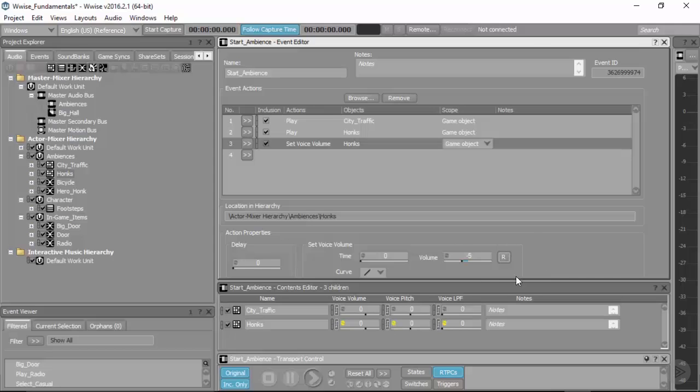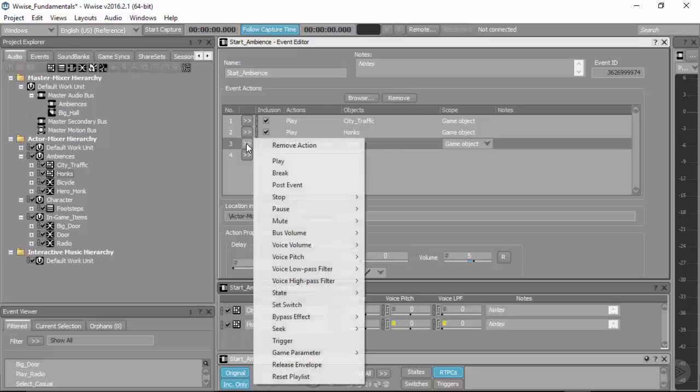Now, using relative value events can be dangerous, especially if you're increasing the volume of something, like increasing the honks to +5 relative to their normal value, and this event gets triggered multiple times without resetting that value. You're going to start getting some really loud noises and you might not be able to track down what's causing this. So be careful, be wary when you're using the relative events. If you want to be doing this, you really need to make sure that you're resetting your sounds later.